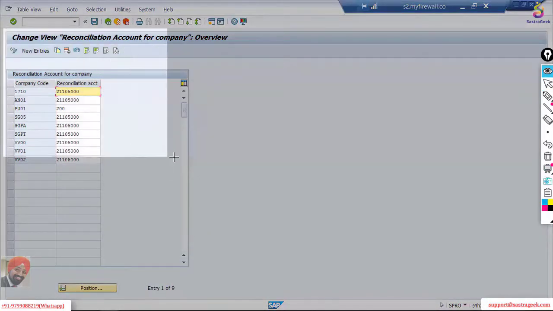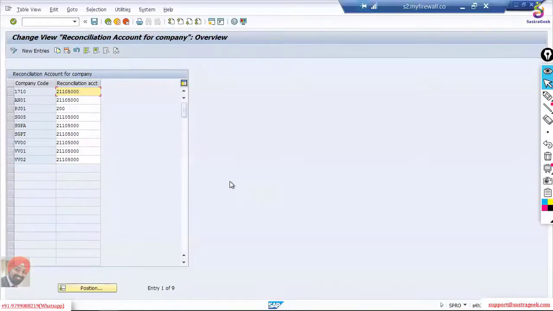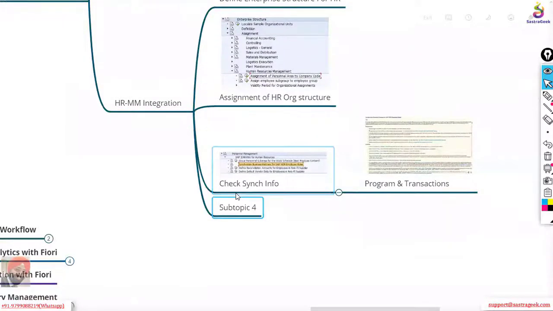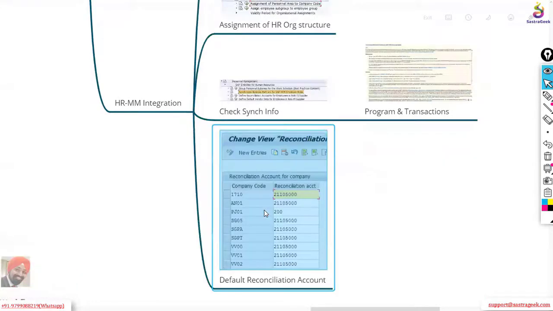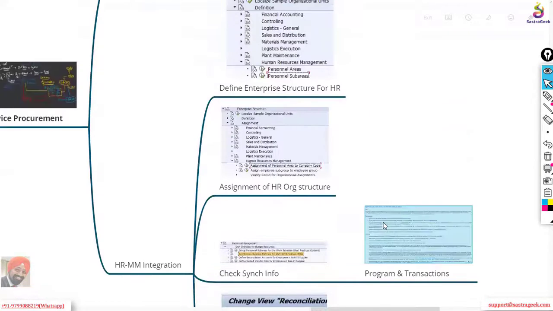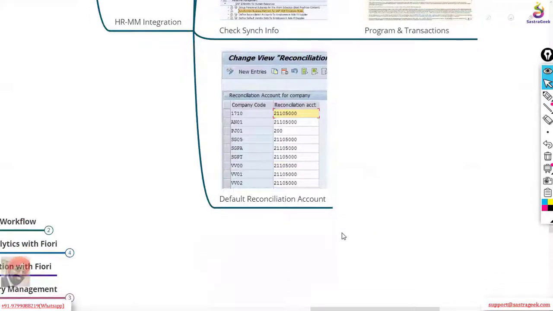Okay, so I'm putting it here. This is the default reconciliation account we have maintained.